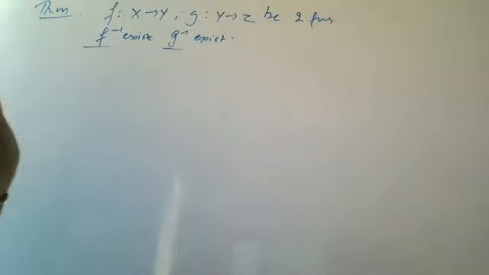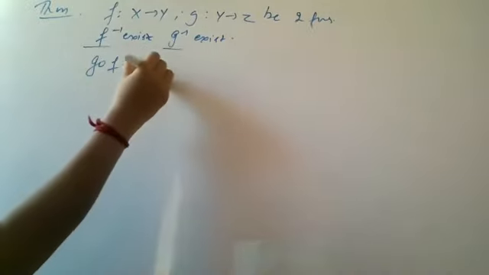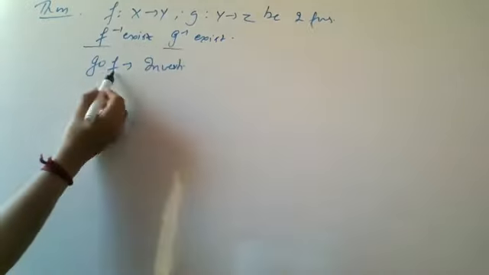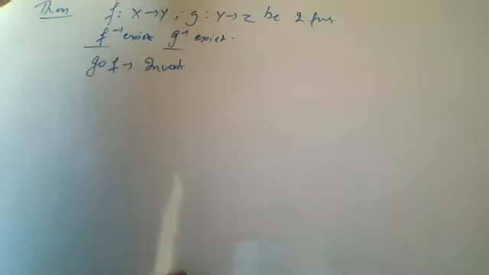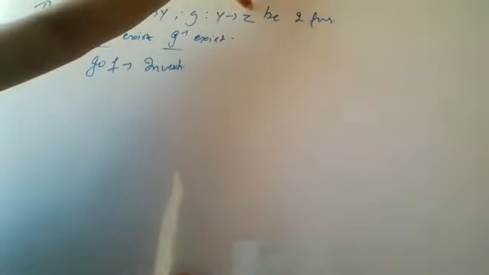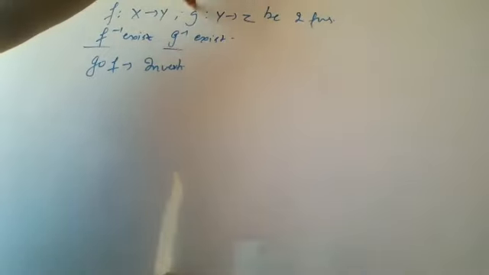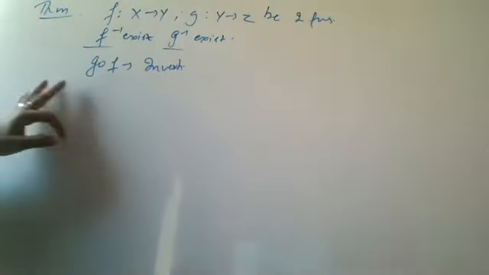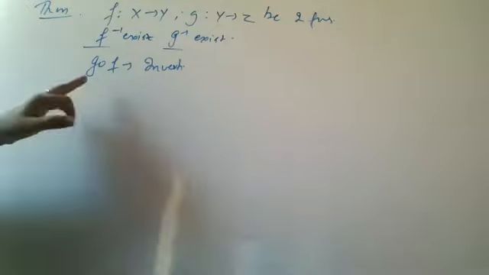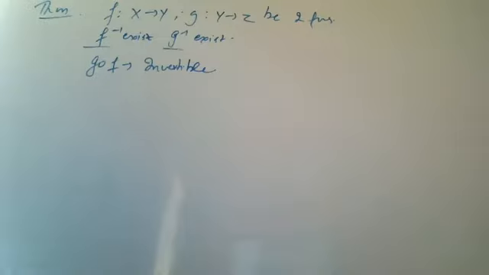तो ये दोनों अगर F and G invertible है तो G composition F भी invertible होगा. मैंने पहले भी कहा था यहाँ पे F composition G क्यों नहीं बोलते हैं, क्योंकि G composition F जब लोगे तो F पहले अप्लाई करोगे, it will be from X to Y, then it has a continuation from Y to Z. But if you take F composition G, you will start with G. तो G Y to Z होगा तो फिर Z से नहीं start हो रहा है F, इसीलिए F composition G यहाँ पे define नहीं कर रहे हैं.